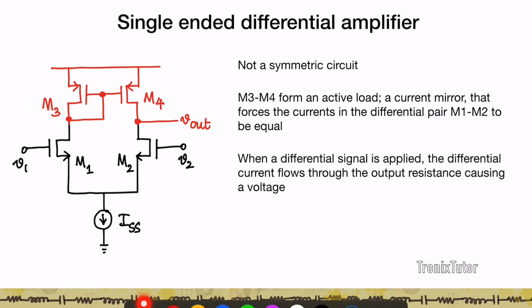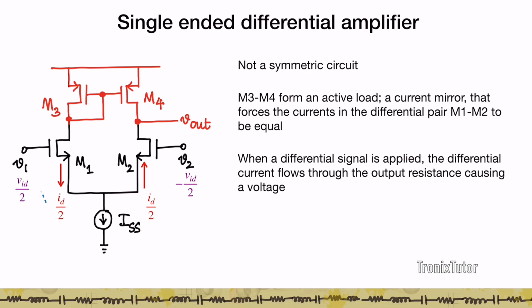Now when a differential signal is applied between 1 and 2, a differential current flows between M1 and M2. This active load is going to force the current in M1 through M4, leading to a large differential current which flows at the output node into the output resistor. Right? So if I think about how the circuit works, suppose I have a differential input of VID by 2 and minus VID by 2. I'm going to have a differential current of ID by 2 flowing through M1